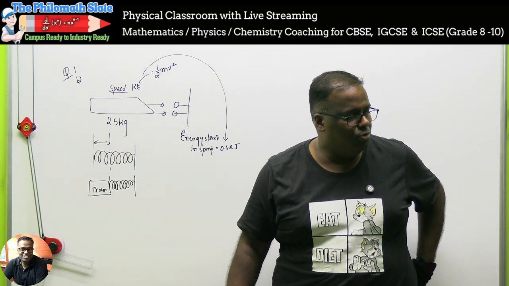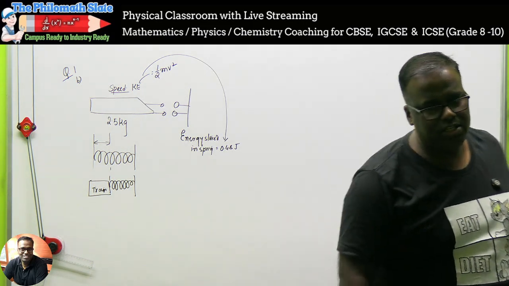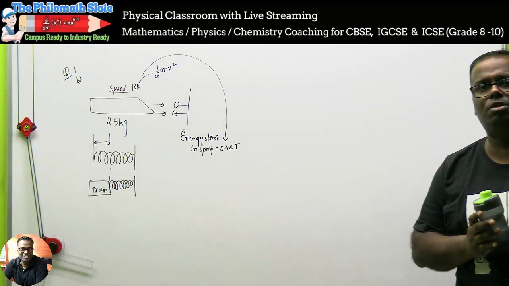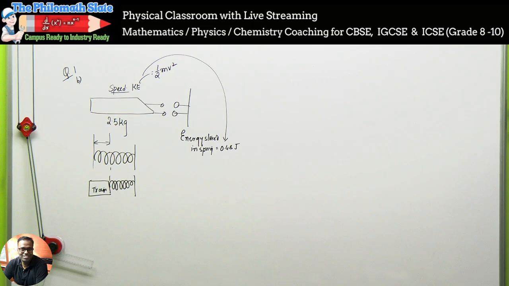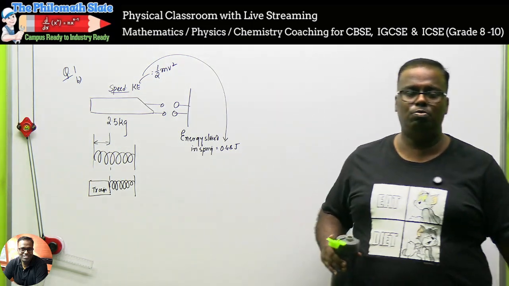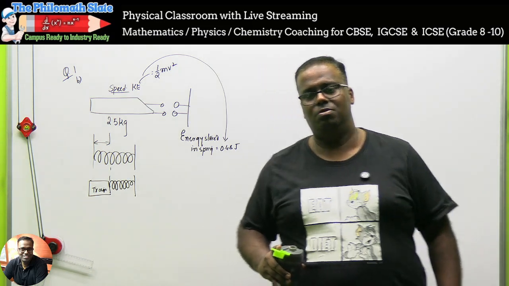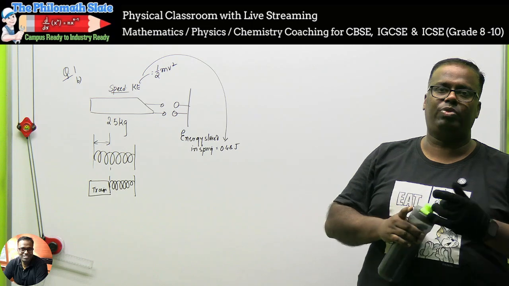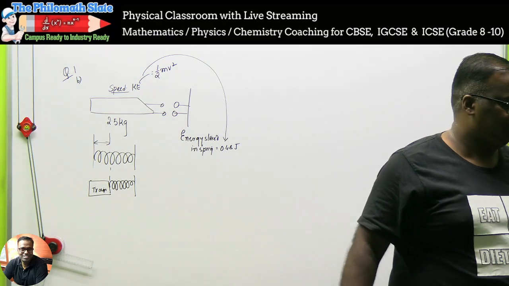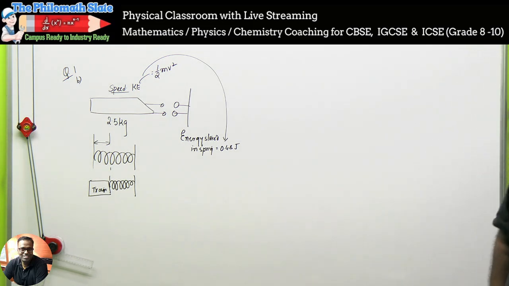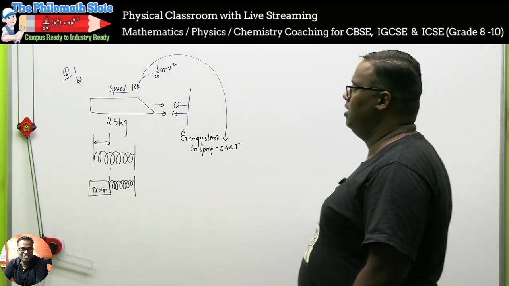The train was moving. A moving train has kinetic energy. That kinetic energy got converted into what? Elastic potential energy and got stored in the buffer spring. Are we fine, everyone? Now find out the velocity and make sure of significant figures. You should always report it in the least number of significant figures amongst all given values. Is it happening or not? Half mv square is equal to the energy stored in the spring.